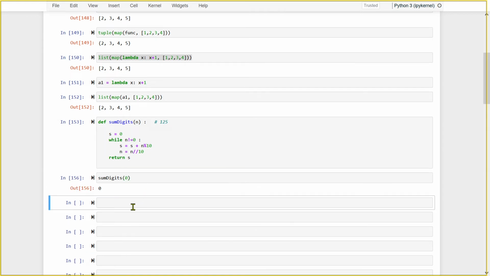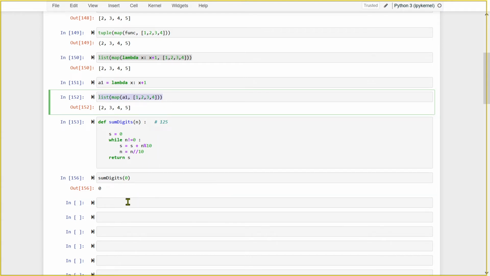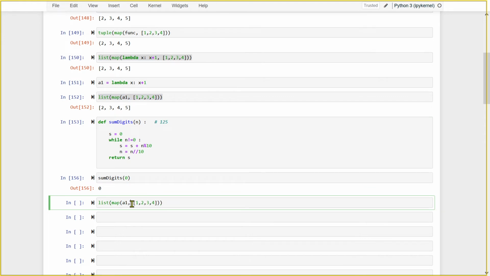Okay. Now, if I have an iterable and I pass every number to map, and I'm expecting map to give me the sum of all the digits, I cannot do this through lambda because lambda cannot handle so many lines and so much logic. So let me bring this here, copy paste, and instead of A1, I will write some digits: 125, 202, 333, 44, 44.